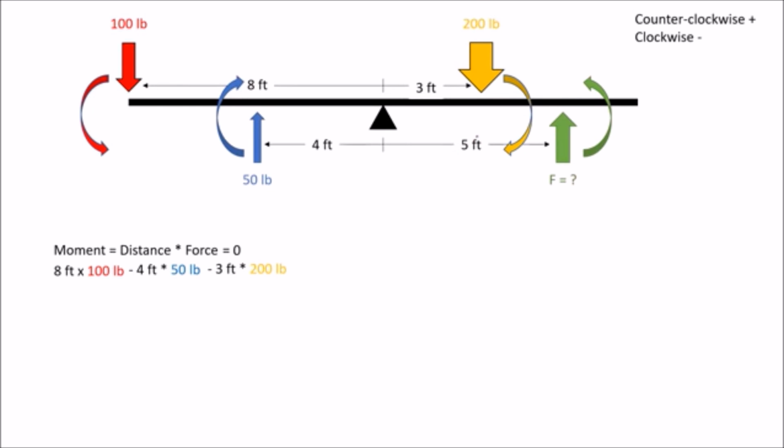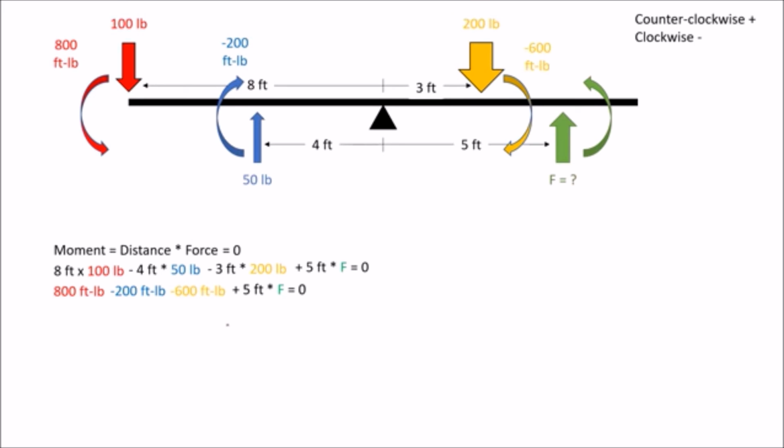And finally, we have 5 feet times our unknown force F. And that's in the counterclockwise direction, therefore that's a positive value. Remember, all these together have to equal 0. So we find that our first moment is 800 foot-pounds. Our second moment, created by the 50-pound force, is a negative 200 foot-pounds. Our 200-pound force is going to create a moment of negative 600 foot-pounds,